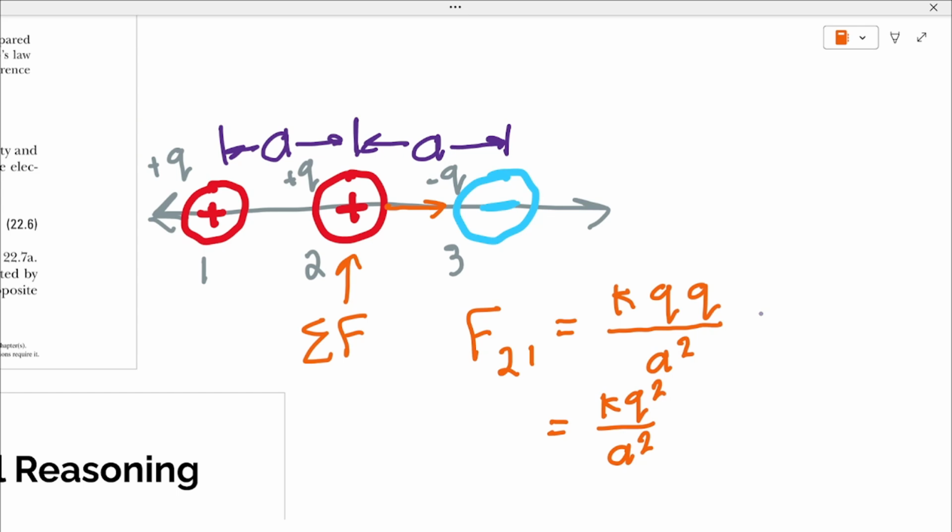So that's how you should always solve a force law problem. Find the magnitude and then find the direction. Now if we want to find the net force,